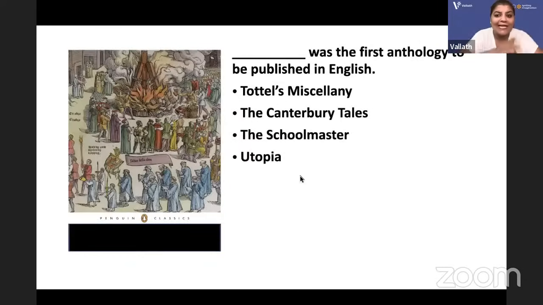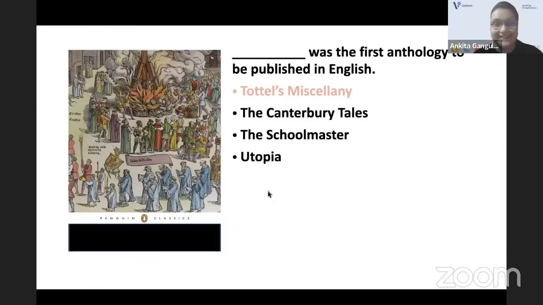Dash was the first anthology to be published in English. Is it Tottel's Miscellany? The Canterbury Tales? The Schoolmaster? Utopia? Easy question. Last question. What is the answer? Everybody say it together. Ankita, it is Tottel's Miscellany. The first anthology to be published in English is Tottel's Miscellany. When was it published? 1557. Very good. So that brings us to the end of